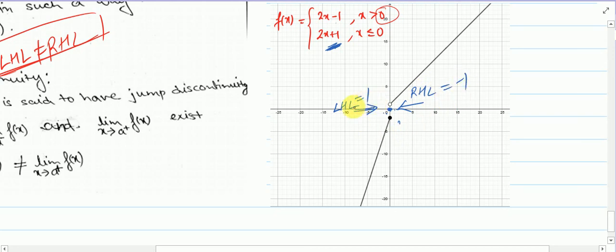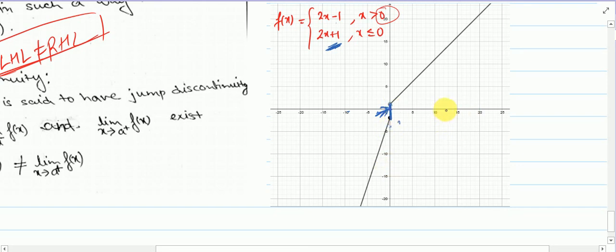So clearly you can see that left hand limit and right hand limit are not equal. This type of discontinuity is called jump discontinuity, and you can see here a big gap is there. This gap cannot be filled by simply assigning one value. Getting it? Because we have got only one input, and with the help of one input you cannot fill up this whole gap. So this will be discontinuous at x equal to 0, and this type of discontinuity is called jump discontinuity.